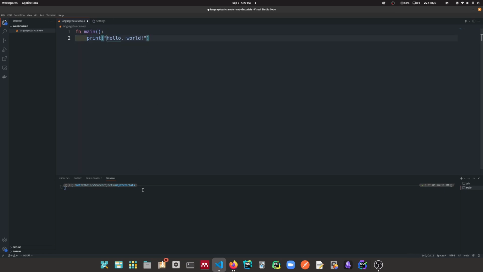So let's see, how can we run this? Well, there are several ways to do this. We could use the run Mojo file option in VS Code. There's a Mojo extension you can install in VS Code, or you could also run this through the terminal with mojo and then the name of the file. But let me first save this. I'm using Vim, and if we run it, we see hello world. Okay,